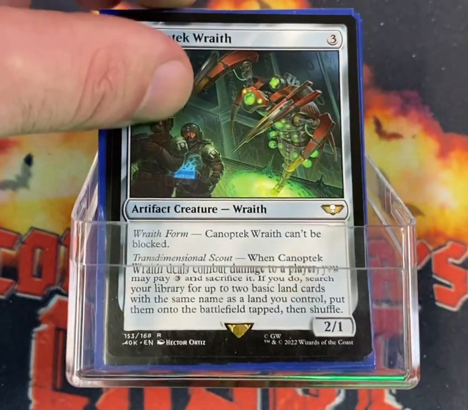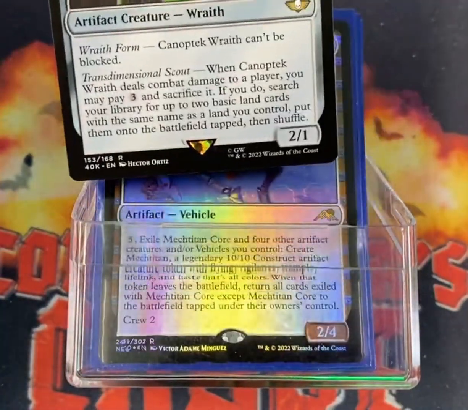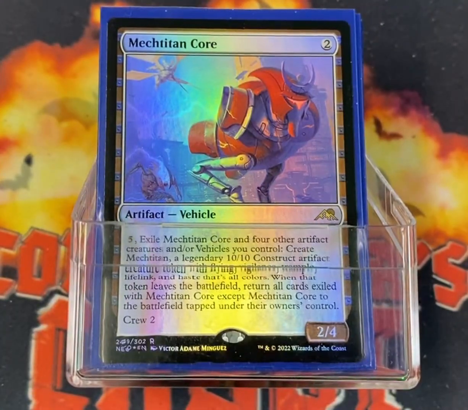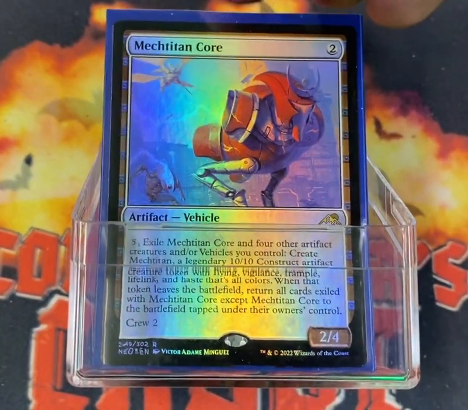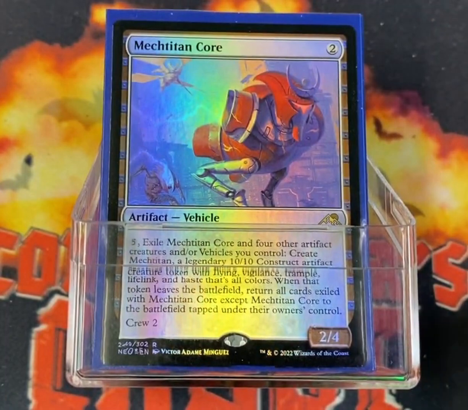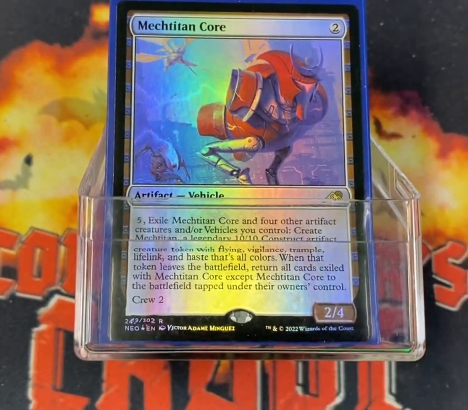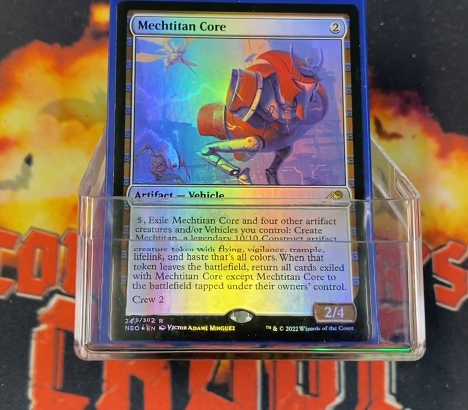I took out Canoptic Wraith because it's a nothing card. You can sacrifice it to get a land. I put Mech Titan Core in here. This guy is a total badass, man. So what happens is you play this for 2 and people forget about it. And then at instant speed, pay 5, exile the Mech Titan Core and 4 other artifact creatures or vehicles you control. Create Mech Titan, a legendary 10/10 construct artifact creature token